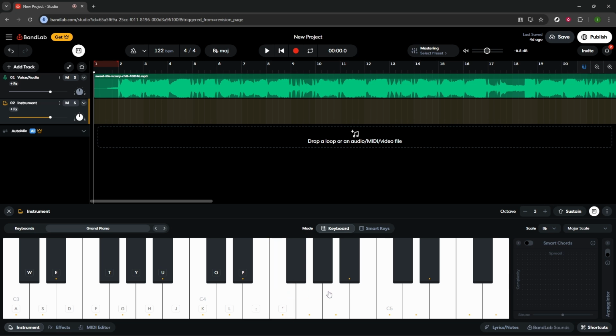monitoring clean. When you're ready to capture an idea, use the main record button to start and stop recording on the selected piano track. The studio shows your performance as MIDI notes, which you can edit later for timing or pitch if needed. You'll also see helpful tools in the top bar, like tempo and loop controls, to keep your